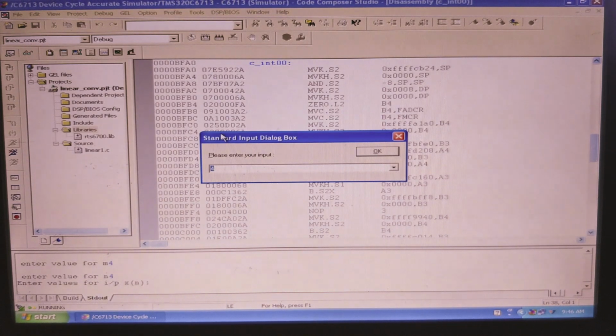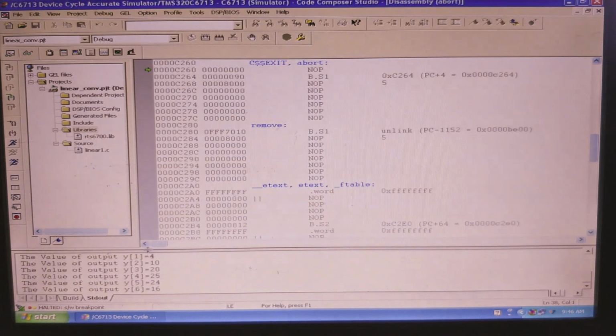The third it asks for the input x of n. So provide the values, okay, 4 inputs. Similarly, for the second one also we are providing 4 inputs. So at the end, you can see in the bottom, so you can see what is called as std out. Here you can see the outputs. Okay, so the outputs are visible here. So they are listed one below the other according to the nature of the statement you have written in the program. So the values are 1, 4, 10, 20, 25, 24, 26. Okay, so 7 values you got as an output.